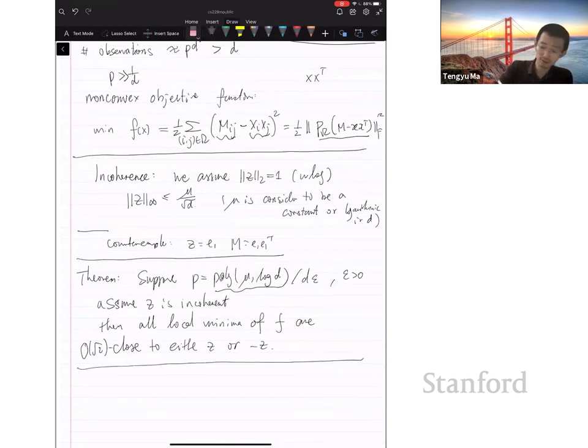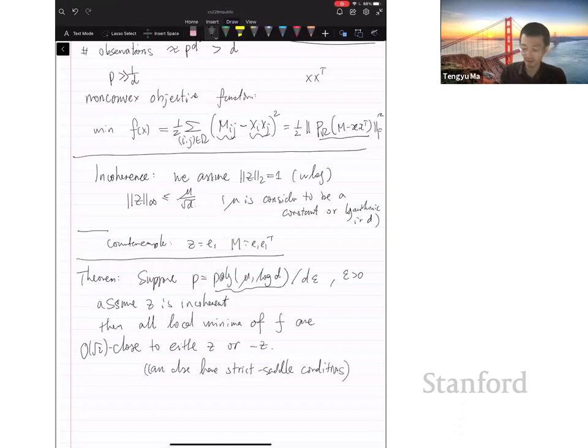And also just to mention, you can also have strict saddle conditions. You can also prove that. It's just that I didn't include it for the sake of simplicity. And you do have to prove that to have the rigorous result. If you don't prove it, you just prove that all local minima are global. Sometimes you may get somewhat misleading results. So